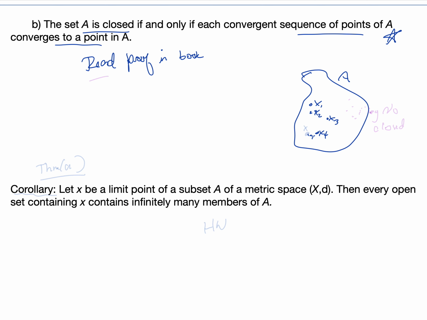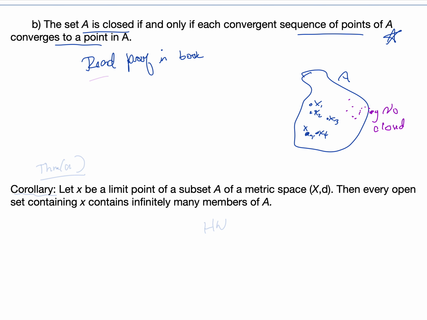What this is saying is that if this converges to a point, that point must be in the set A. It can't be the case that this sequence converges somewhere just outside of A. So this is not possible according to this theorem if A is closed. So if A is closed, a sequence of points that are in A cannot converge to a point outside of A. And if every convergent sequence of points of A converges to a point inside of A,